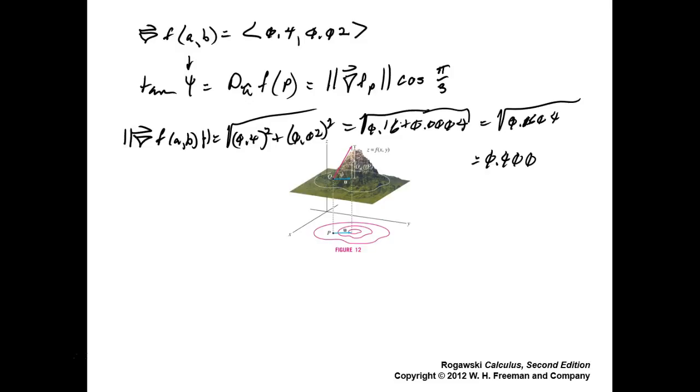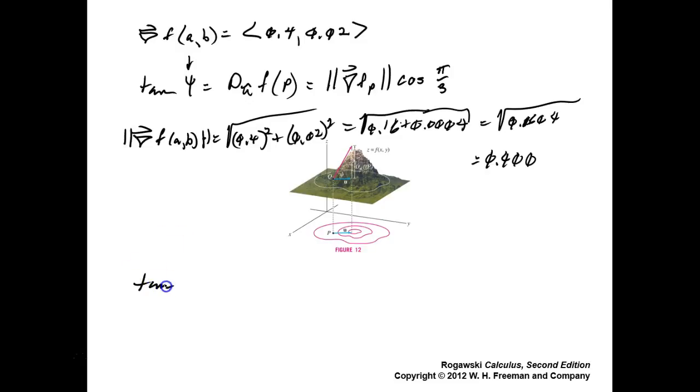I think it's supposed to be 0.42. Let's see what they got in the book. They just do 0.4. Okay, so pretty close. I think it's supposed to be 0.42, but they just rounded to 0.4, which basically it's all in the x direction. Okay, so if u is a unit vector making an angle of theta equal pi thirds with that,